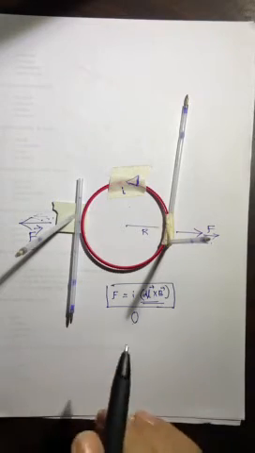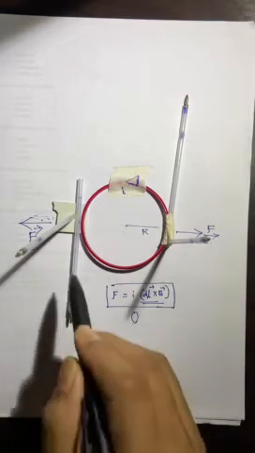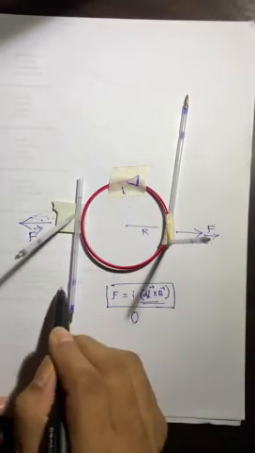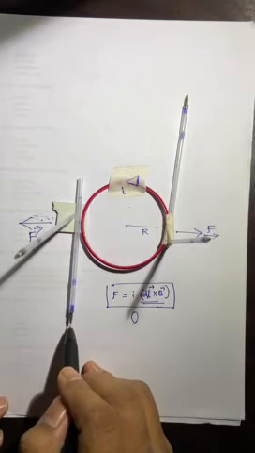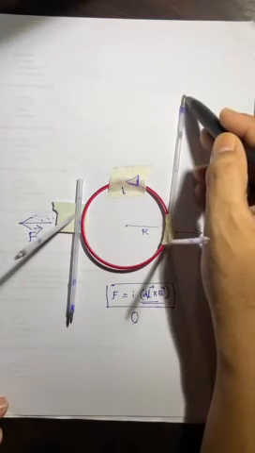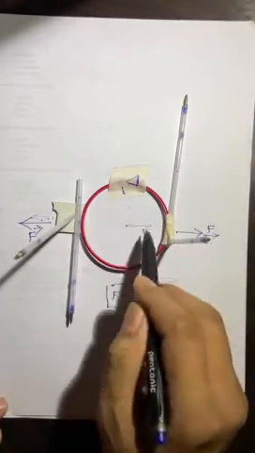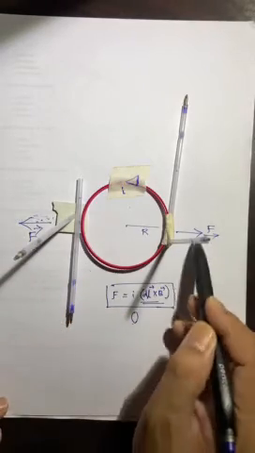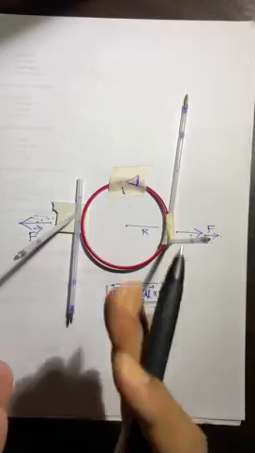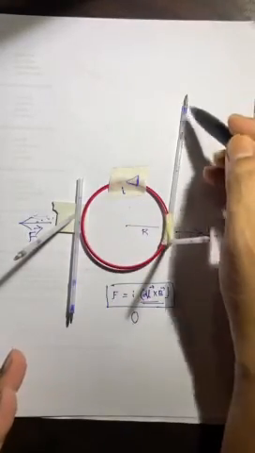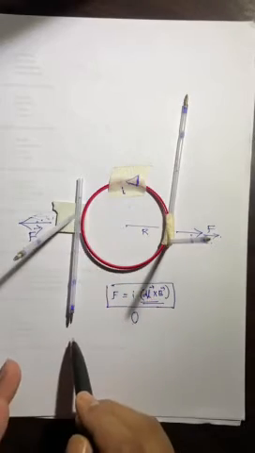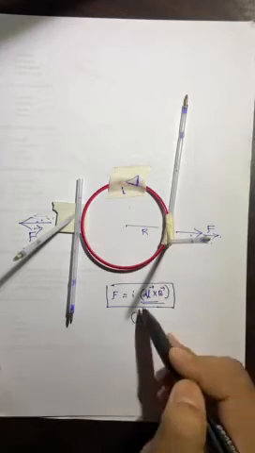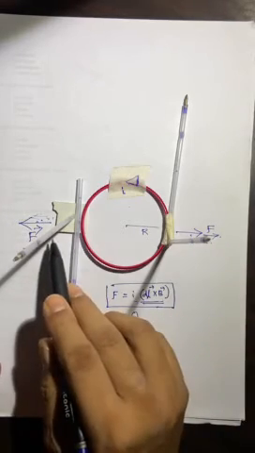Another interesting problem I am going to discuss here. So this is the answer to the first one. Now coming to the second one, let's say this current is coming downward, in the direction of this pointer, and here the current is going upward. So both the currents are in opposite directions. In this scenario the force will be outward, meaning if the current goes upward and the other comes downward, then these two forces will repel. From the same logic, we see that these two forces will repel.